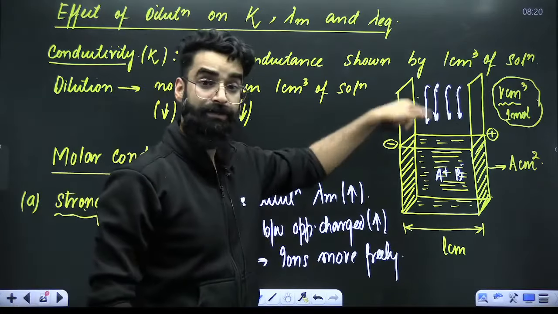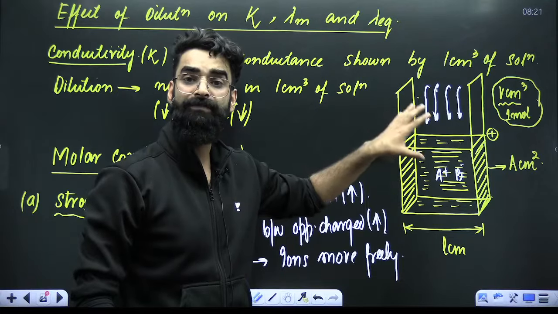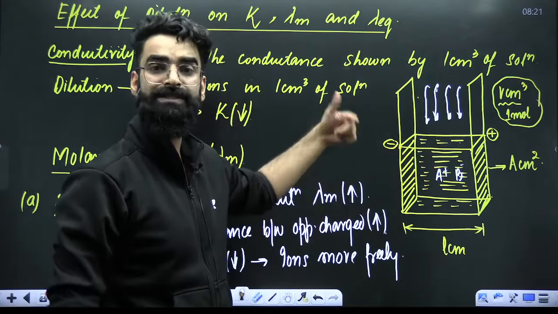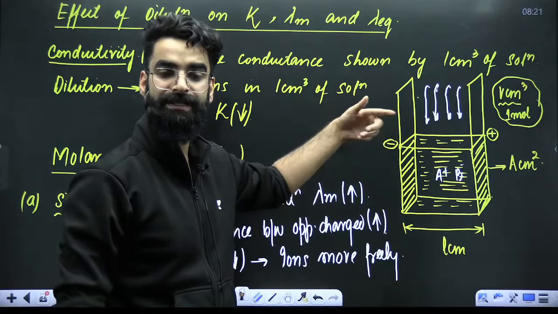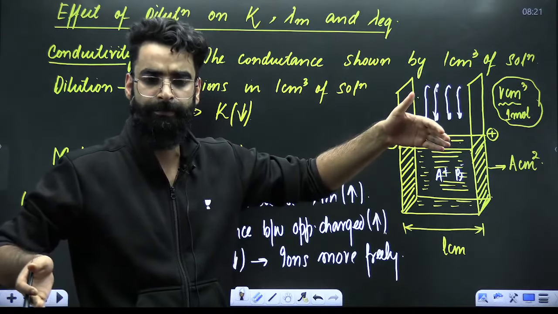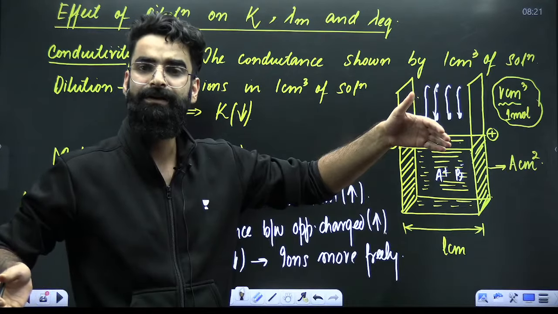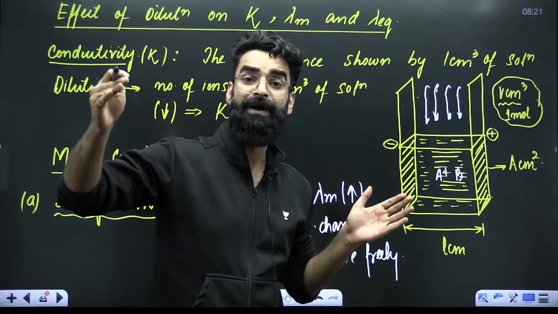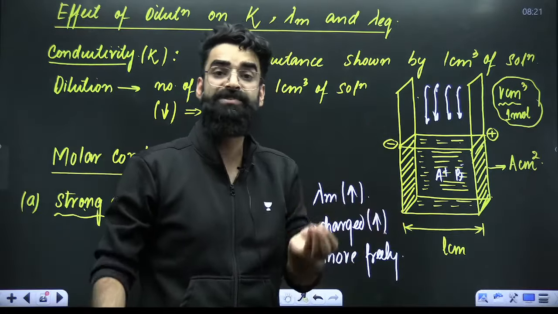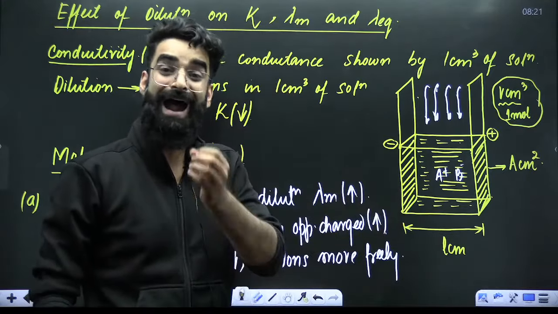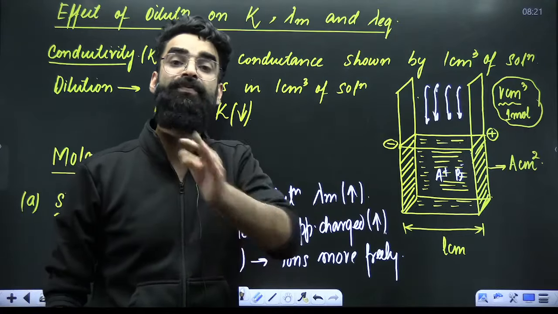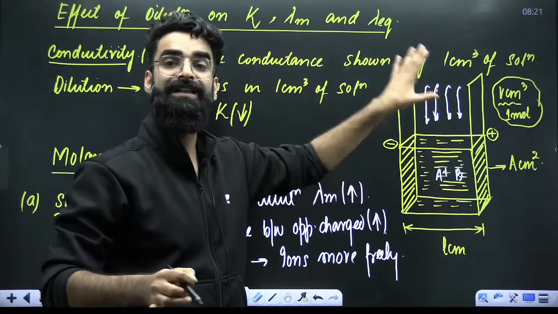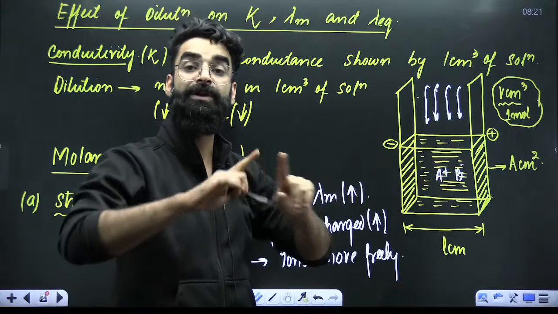Okay? So with dilution, the molar conductivity of this electrolytic solution is increasing, right? If you keep on continuously doing the dilution, molar conductivity will keep on increasing. The ions will go far. There will be a time when these ions will be at infinite distance apart. At that point, the force of attraction between the ions will be 0, so there is maximum free movement of these ions. So I'll say the molar conductivity value of this particular solution will be